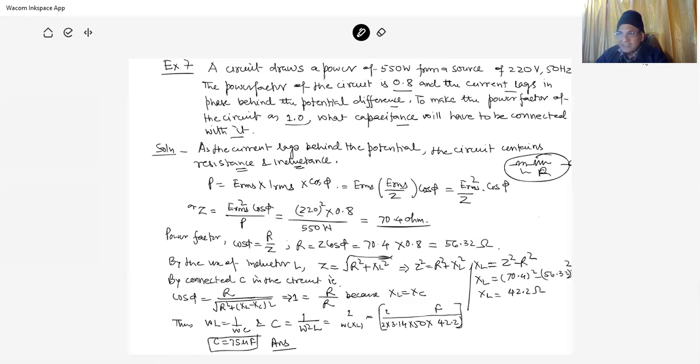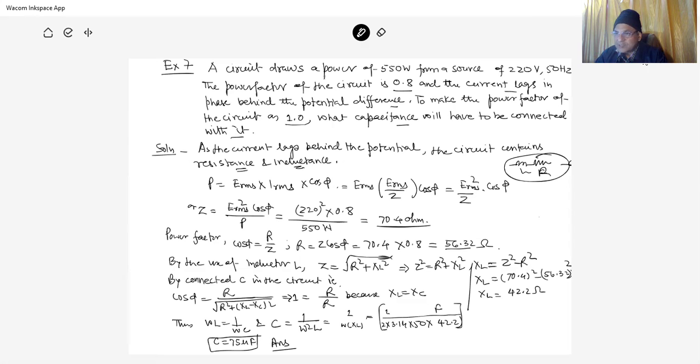Now the power factor cos phi is R by Z. So R is equal to Z cos phi. So R is 70.4, this is Z, into 0.8, which is 56.23. So this is the value of R. In this way we find out the resistance, and by use of inductor L, Z is equal to the impedance of